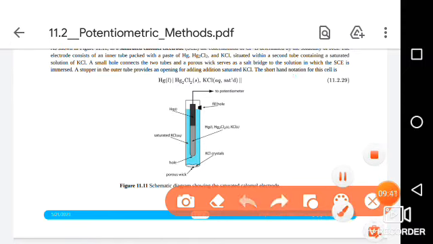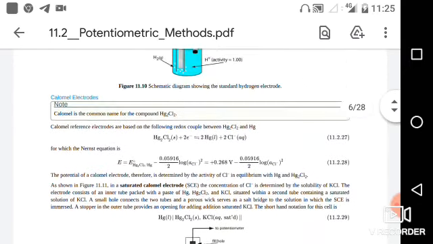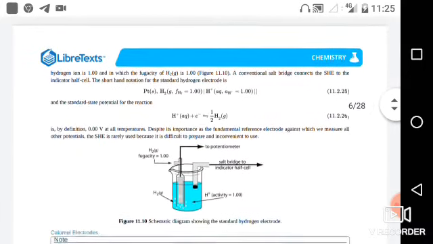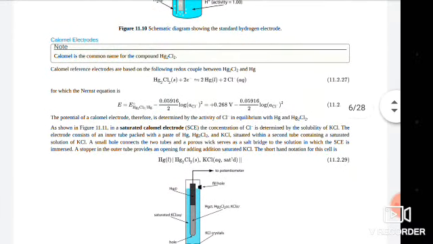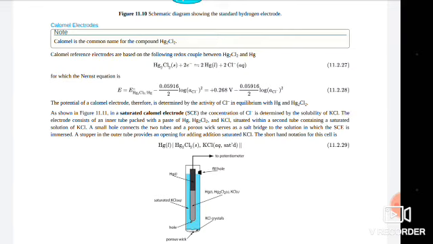So the saturated calomel electrode and standard calomel electrode, see once again how this calomel reference electrode works. The common name, that is Hg2Cl2, is known as calomel, and the calomel reference electrodes are based on the following redox couple between Hg2Cl2 and Hg. Hg2Cl2 solid plus 2 electrons gives 2 Hg liquid plus 2Cl minus aqueous, for which the Nernst equation is